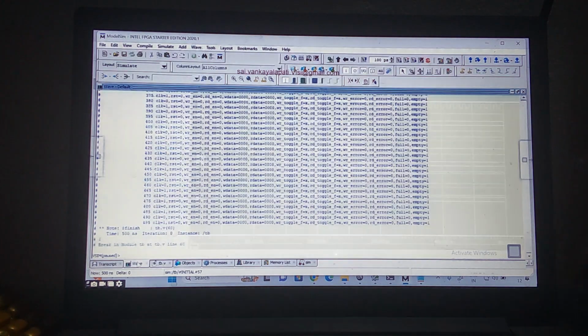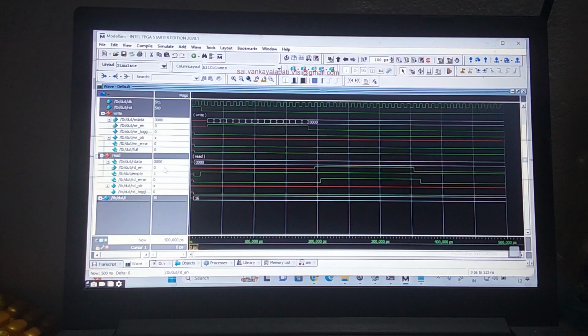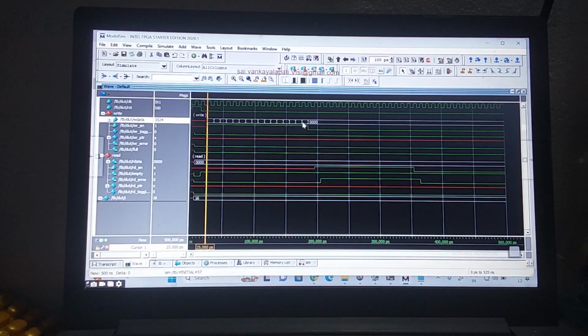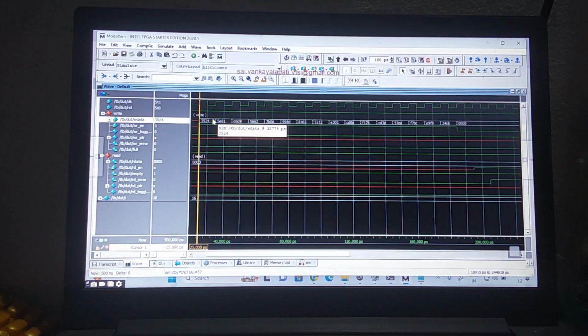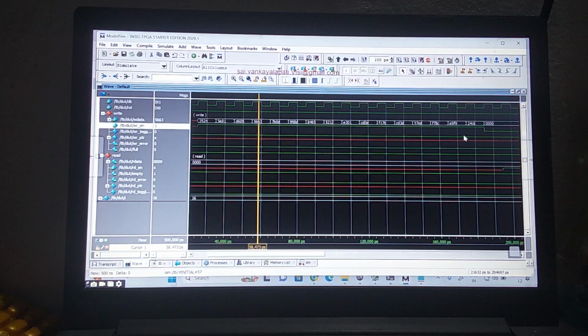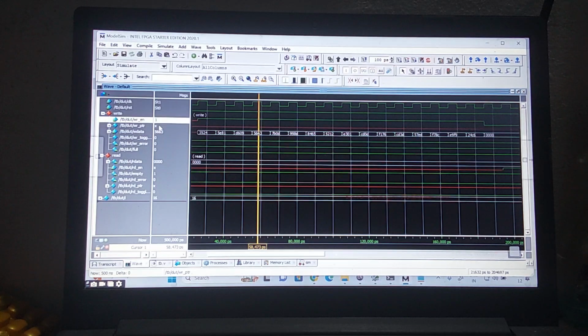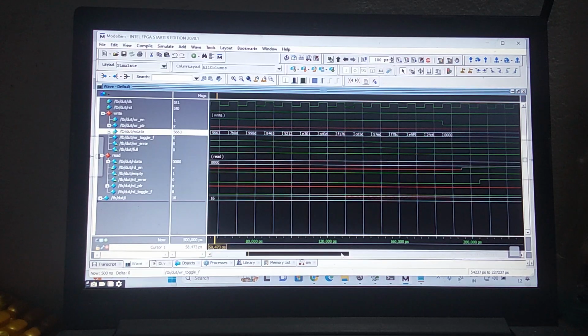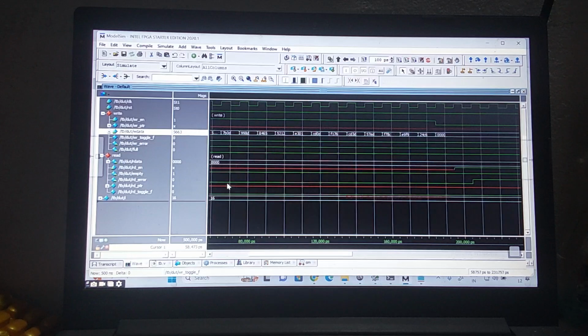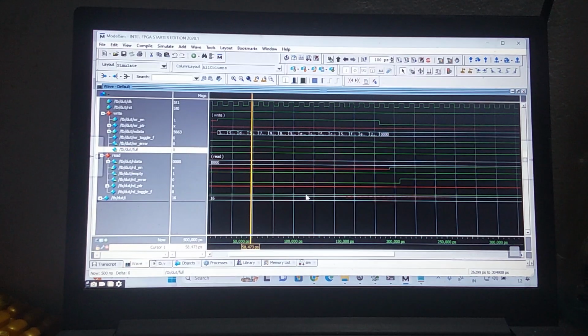Now all your signals will be printing in hexadecimal format. According to your program, your write is happening here. You can see the write is happening here. 3, 5, 2, 4, this is the data being written here. Now let us see what my write pointer is. The write pointer is getting unknown here. Let us keep the write pointer. This is the write enable. The write should be happening only when enable is equal to 1. Then the write toggle flag becomes 0, it will roll over whenever the write pointer rolls over. But I am still getting 0. So write error is 0 and full is equal to 0. Can you debug this program? What is the mistake in this program?